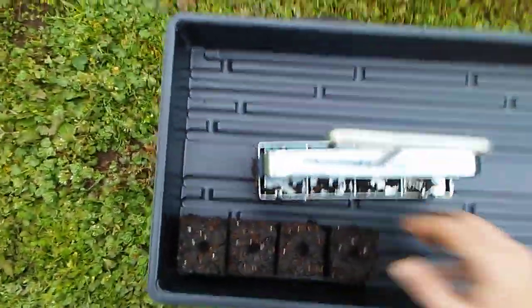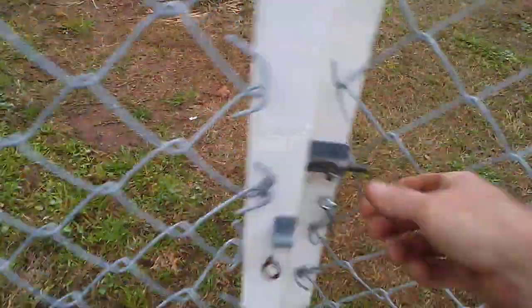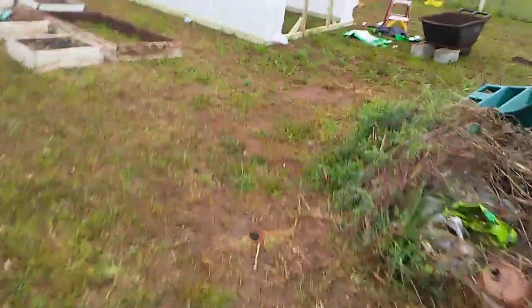It actually makes its own little hole for the seed to go in. It's got little divots right there. But I'll walk over here right quick and show you what I've got going on. I just ordered all my stuff from Lowe's. Basically, the recipe that I'm going to try, there's different ones out there. The one I'm actually using